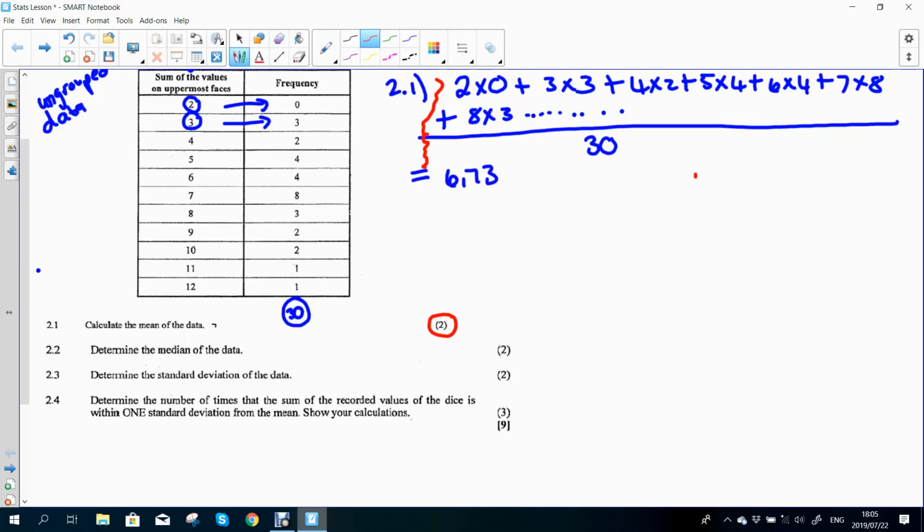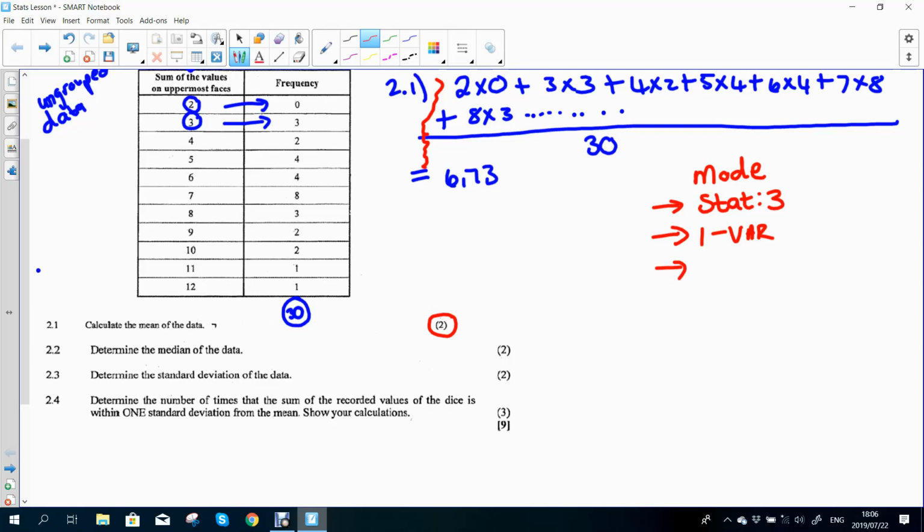If you are using the silver calculator, that's the one I am using, the first button that you press is mode. If you don't have a silver calculator, it's the same steps, so don't worry. Mode, and then you'll see a few options coming up. You will choose the stat option, which on the silver calculator is number 3. Then you will get an option that says 1 VAR, and you press that number on the calculator.